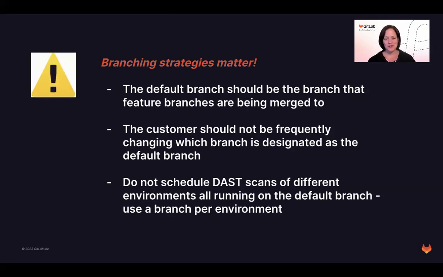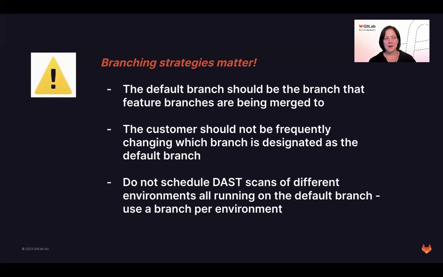And so when they merge those feature branches in and they expect to see the vulnerabilities in the vulnerability report, they're not seeing them because, as it turns out, their feature branches are merging into a dev branch, let's say, and they've created a separate prod branch that they've now called the default branch going forward. We need to check that they're merging their feature branches to the default branch and the pipeline's running on that default branch. That's a project setting. So you can go into your project settings and check what they have set as the default branch today. The vulnerability report is only ever going to report data on the default branch.